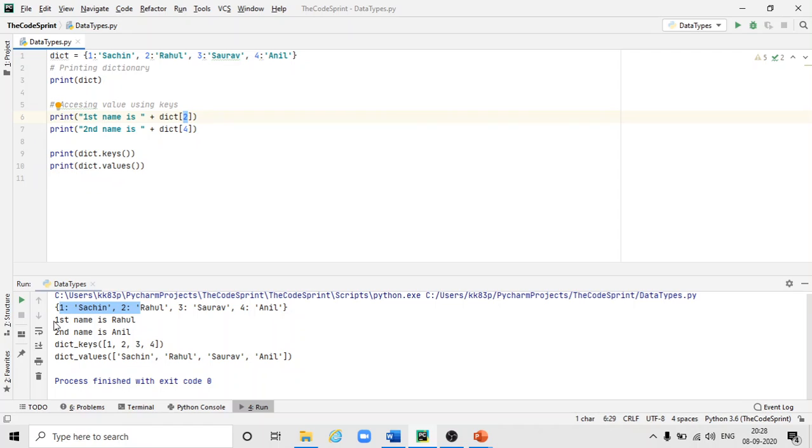So it is printing Rahul. Similarly, for the fourth key, I am getting Anil. Here it is. Then after that, if I print dictionary.keys, then it will give me only 1, 2, 3 and 4, because these are the keys. And similarly for values, I am going to get Sachin, Rahul, Saurav and Anil.